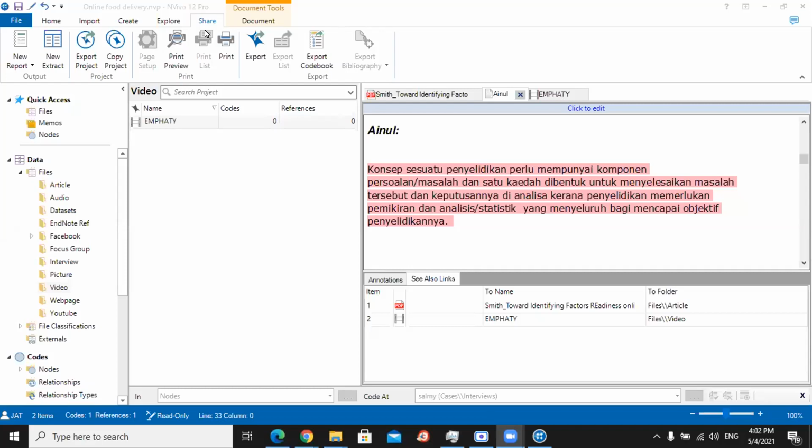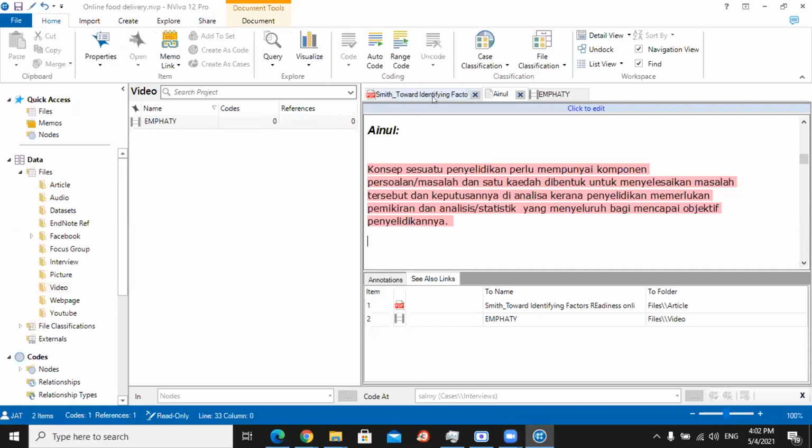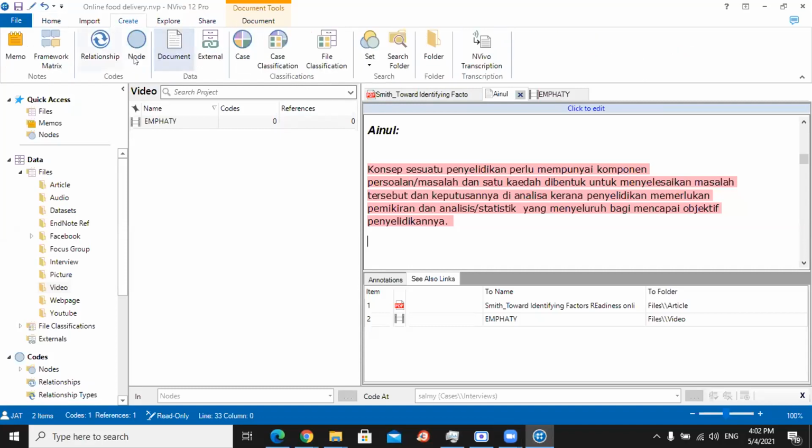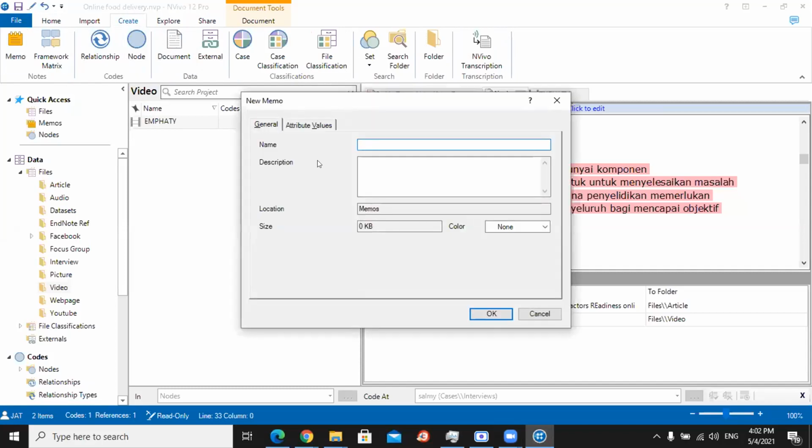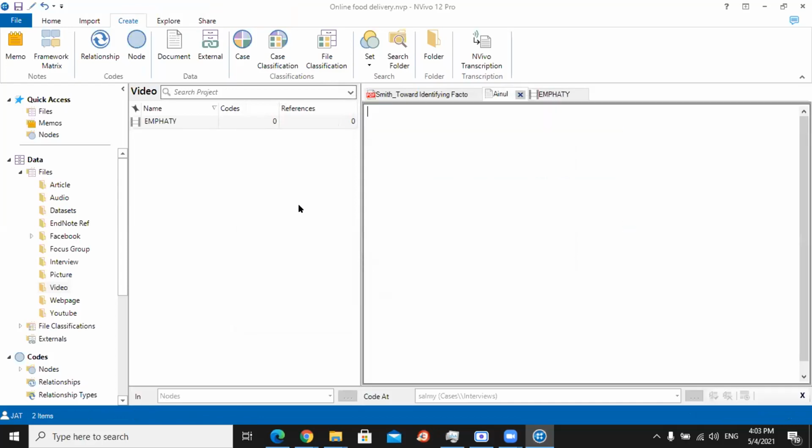Okay. Go to home. Okay, create memo. Okay, go to home tab. Home, create tab, create memo. Okay, give a name. Let's say iNote memo. Then click OK. Description is optional. Okay, so